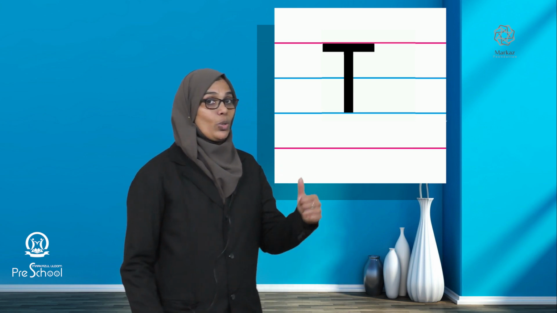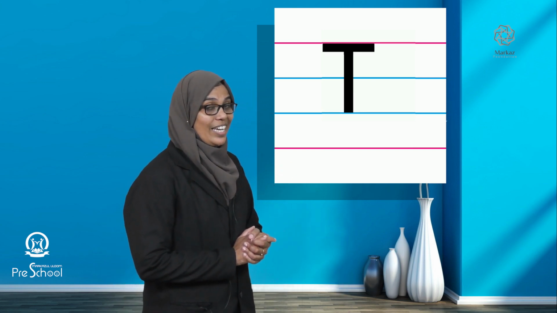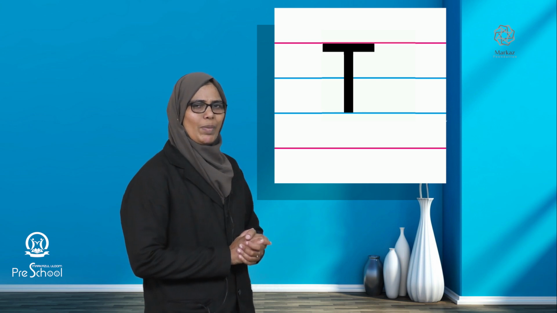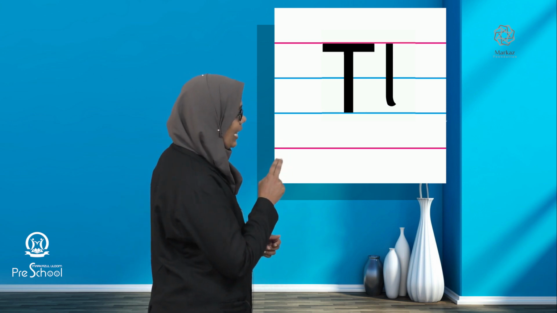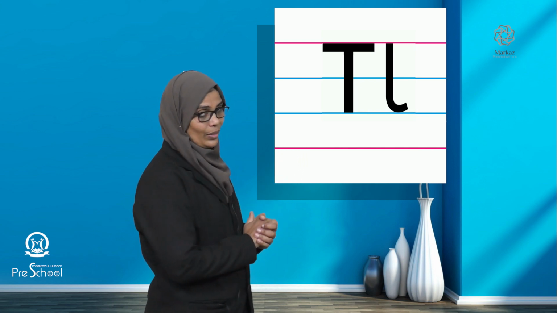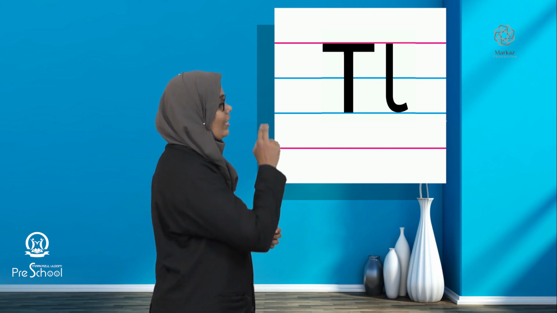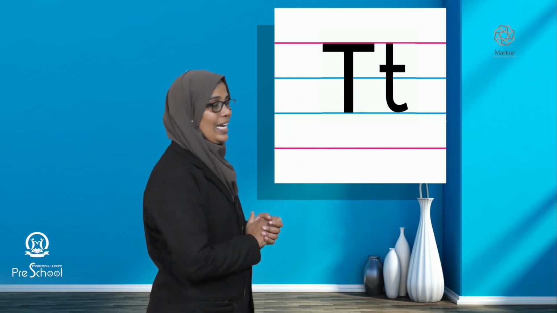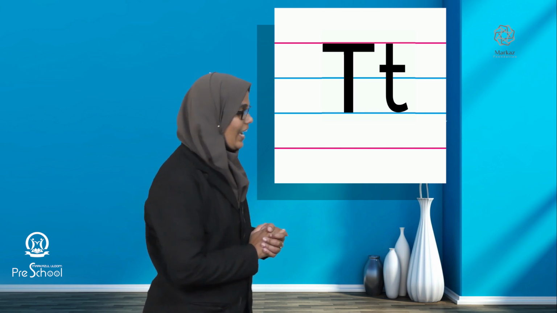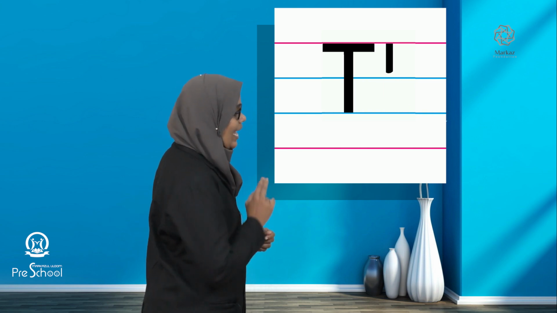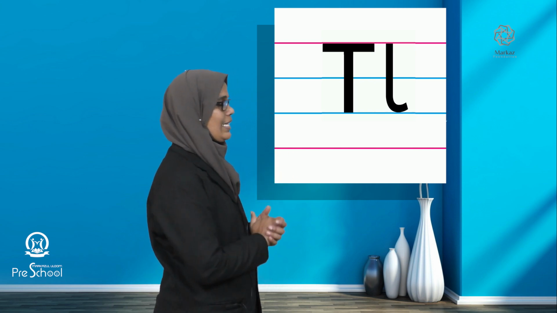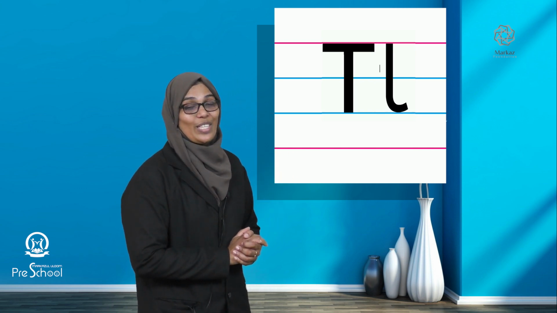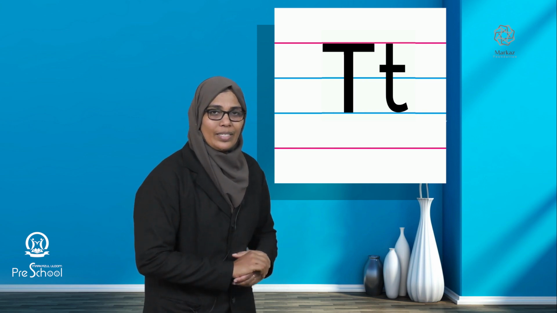And now I will show you how to write baby letter T. It's also very easy. Please listen here. You want to put a standing line and just a curve. Then put a sleeping line. Okay, once again, a standing line, a curve, then a sleeping line. This is how we write baby letter T.